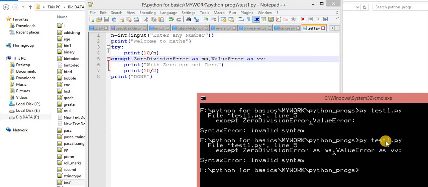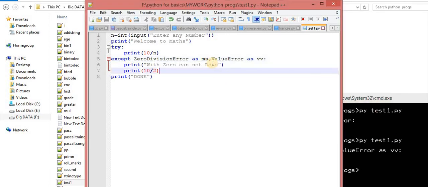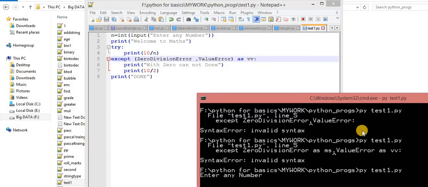As ms, with 0 as ms, okay. Let me try one more way. If we do this, might be this would work fine, yes.